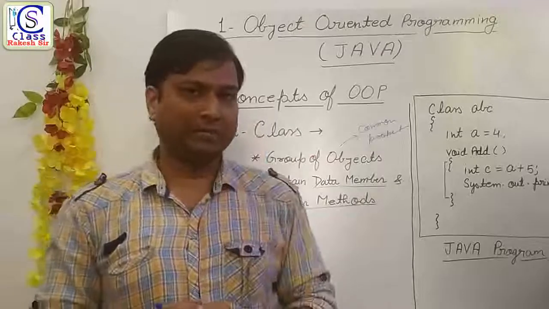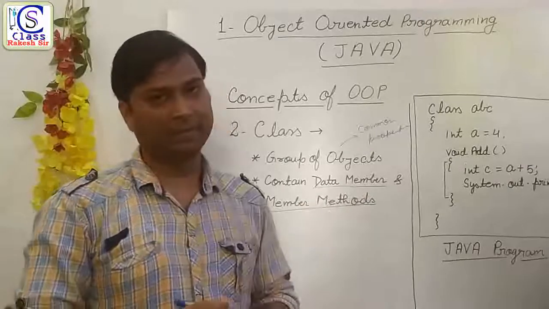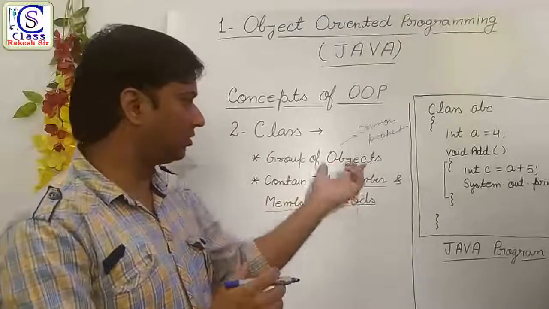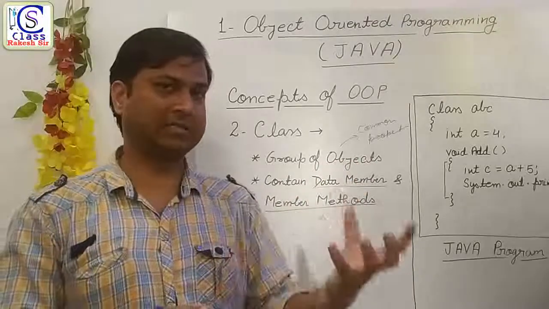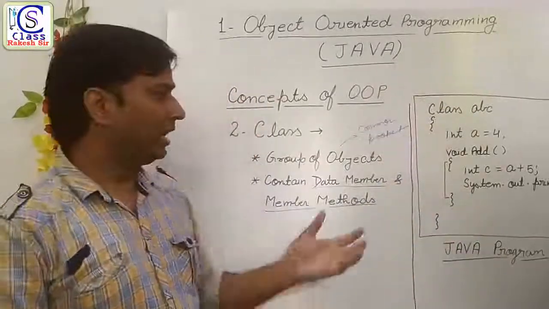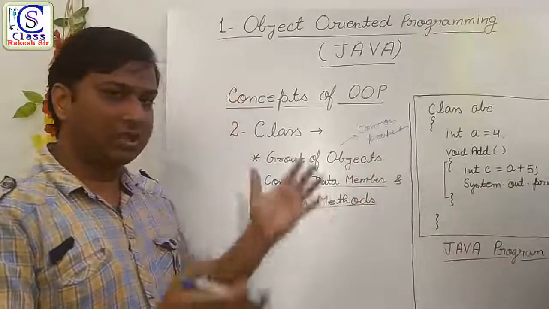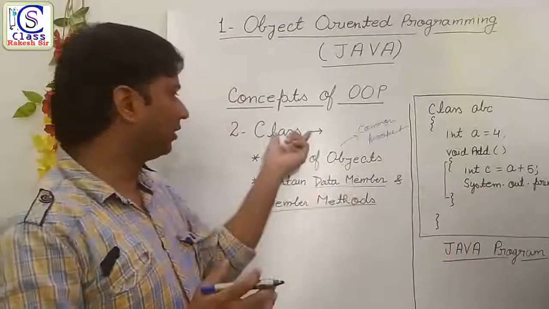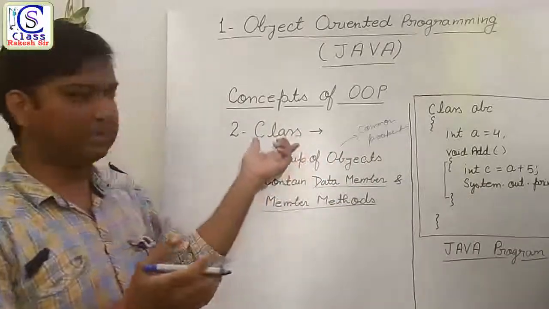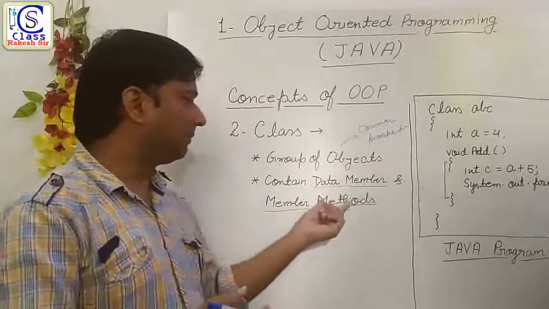So here you have a confusion. The first confusion is what is a data member and what is a member method. One thing is clear, what is an object. An object is an entity that has a state, behavior and identity. It means whenever you create a Java program and you create one object, two objects or more than one object, all these objects will always be inside your class. And one more thing, inside your class there will be data members and member methods.